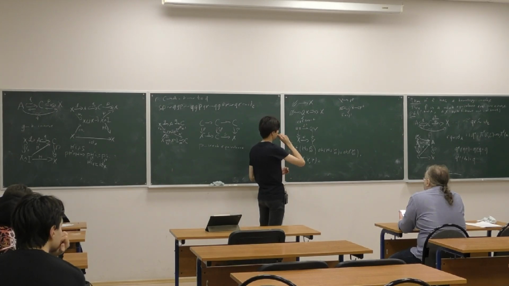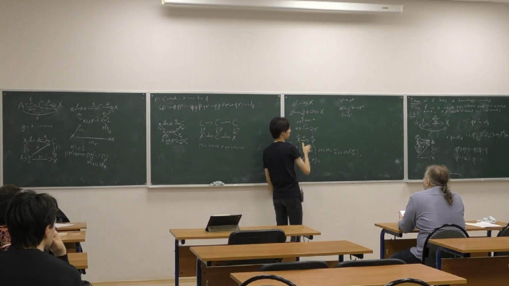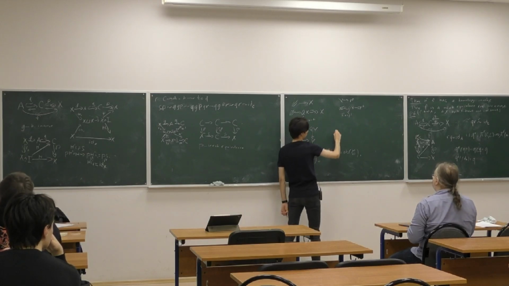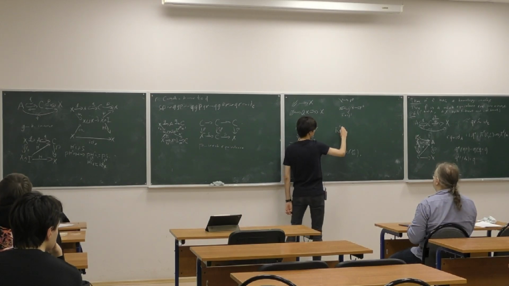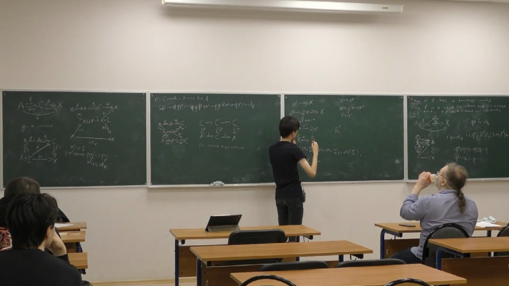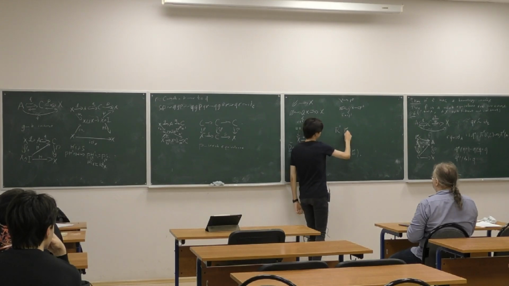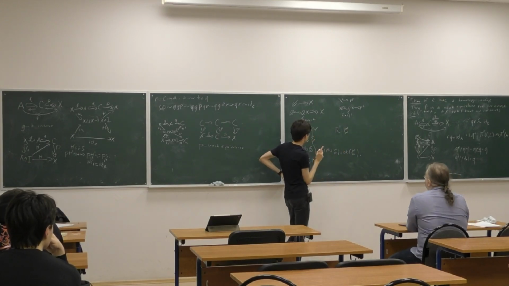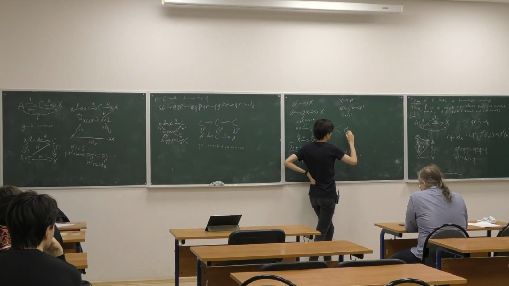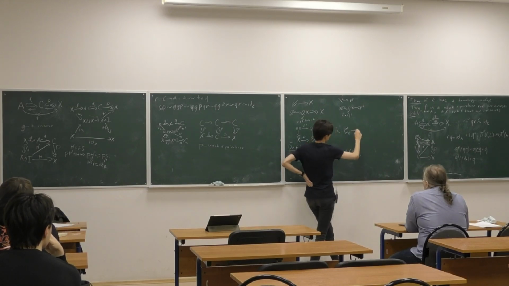Let's say that this is a functor Q, and this is a functor R. And also, let's say that there is a functor R prime from the subcategory of cofibrant objects, I suppose, to the